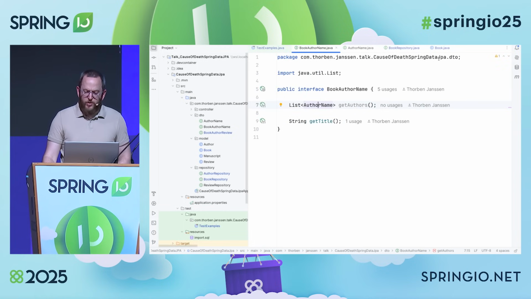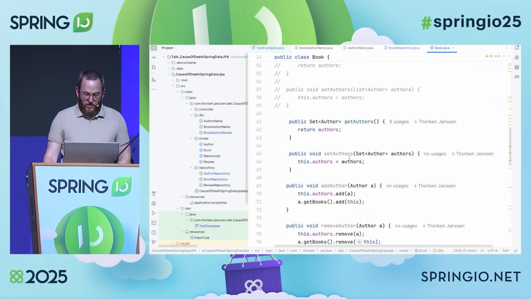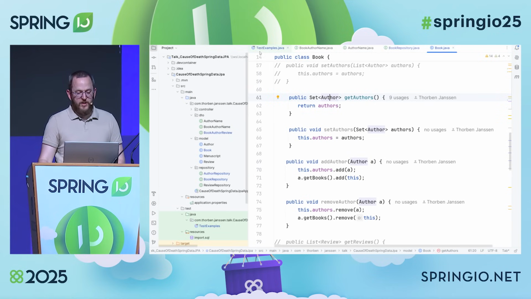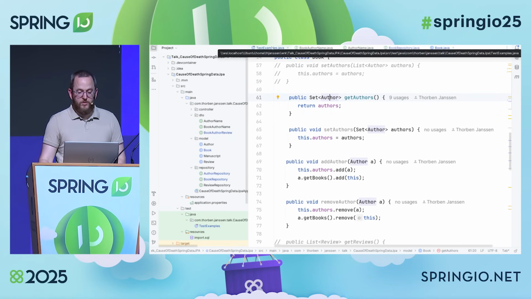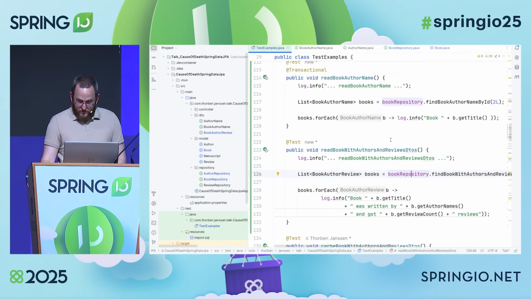So getAuthors is a method there on the book entity, and Spring then maps the author entity to the author name interface.